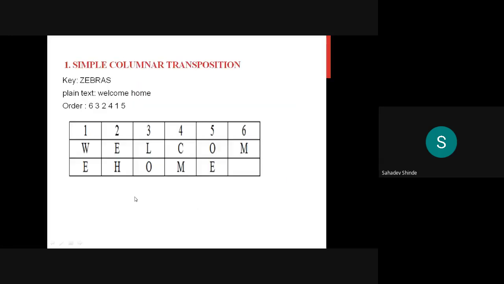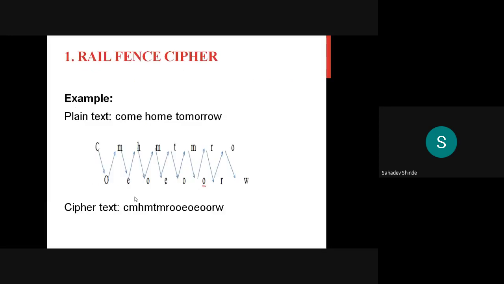That is why it is called the rail fence cipher. It is very simple, and this is the encryption process. The decryption process is that we have the ciphertext and the rail fence depth of 2, and you write it in the reverse of the encryption technique, so that you get the plain text.